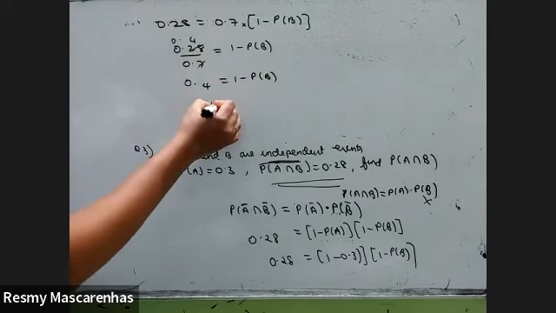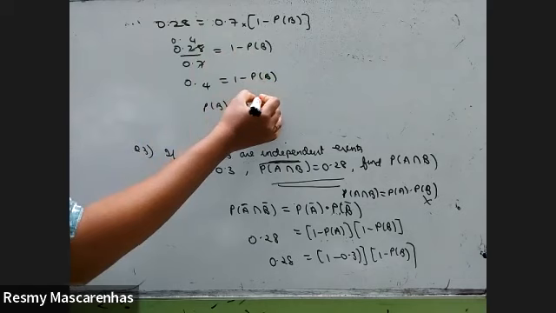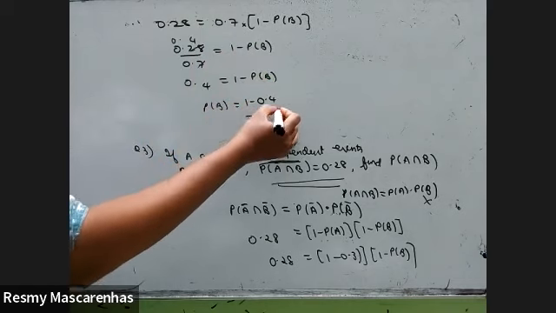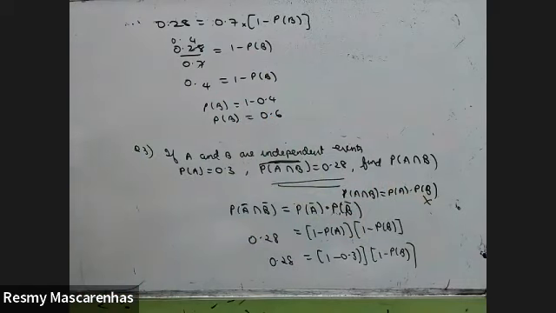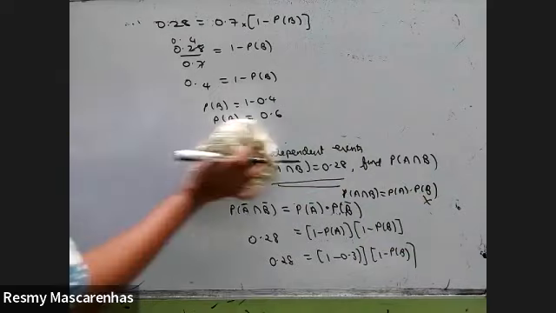So P of B will be 1 minus 0.4. P of B is 0.6. Now put it here. P of A intersection B will be